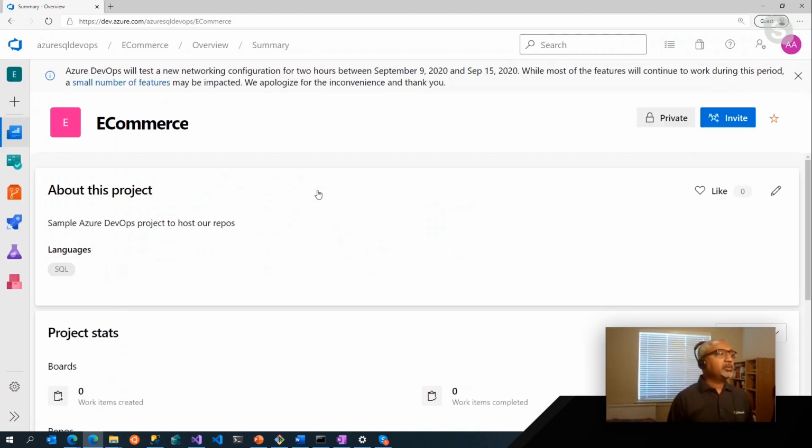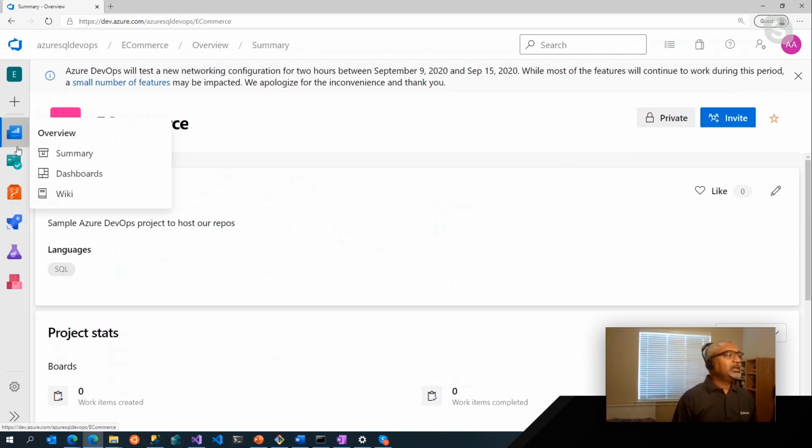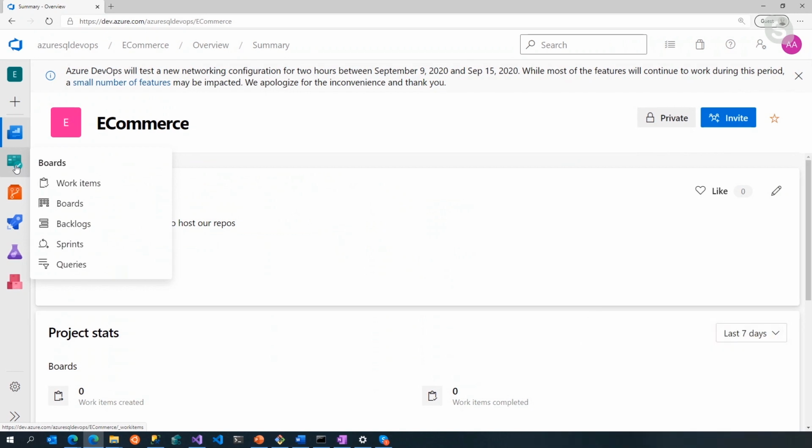It's actually free out of the box. I have a sample project set up in Azure DevOps, which is just called e-commerce in this case. The name is not particularly relevant, but I just want to spend a minute. Azure DevOps neatly snaps to those 4 quadrants that we started off with, the DevOps lifecycle, if you may, wherein